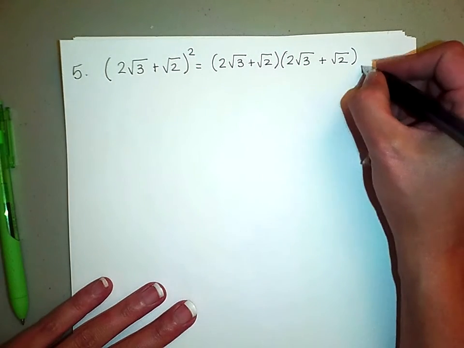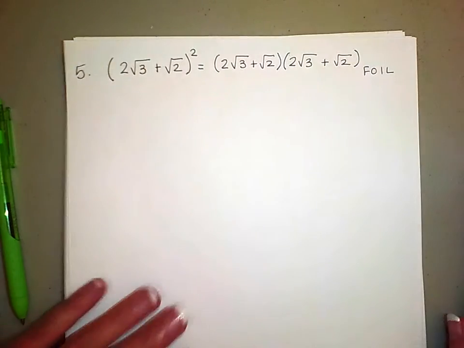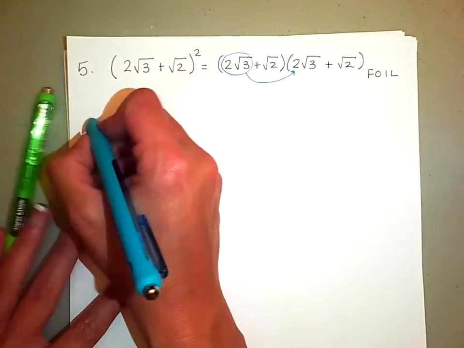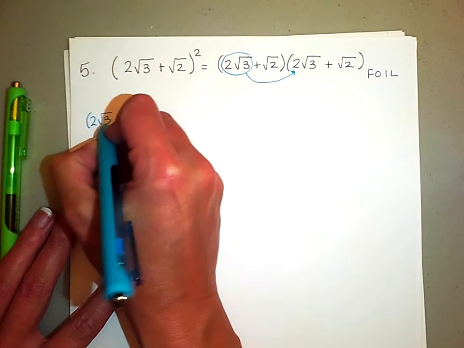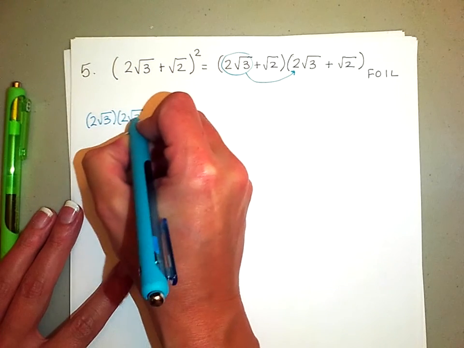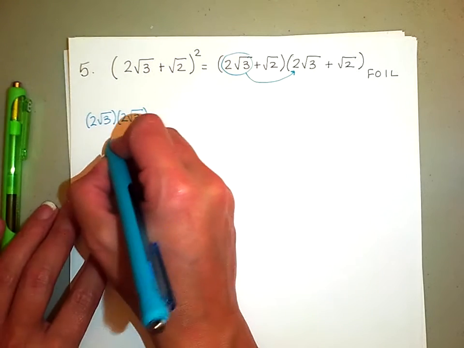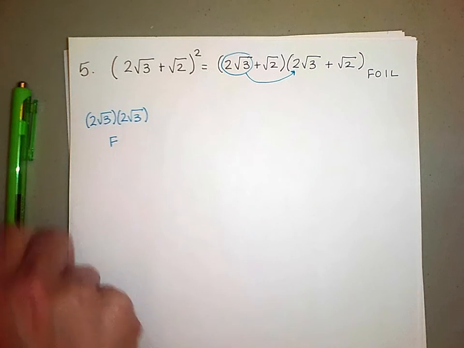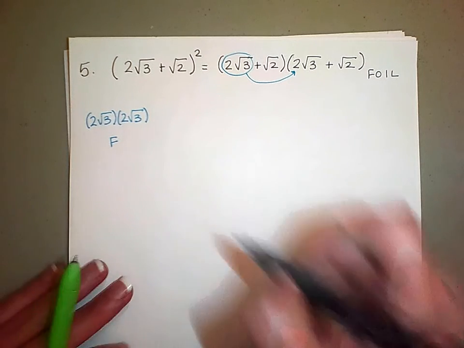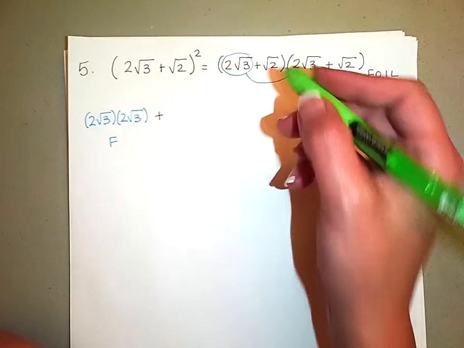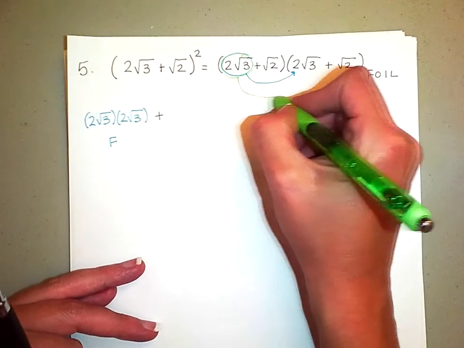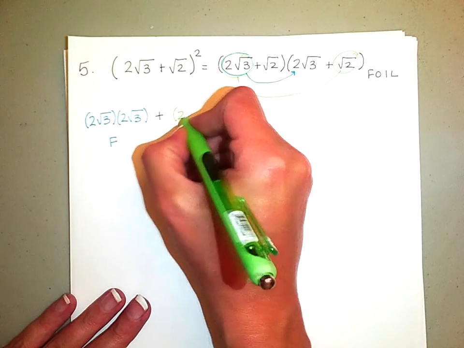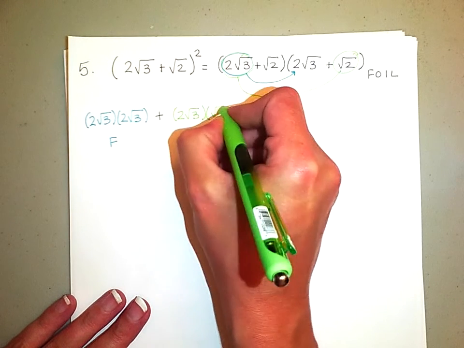Again, we'll need to distribute. We often talked about that as FOILing. So we'll need to take the first times the first, or 2 square roots of 3 times 2 square roots of 3. And I really encourage you to write these out and not do this in your head because there's a lot happening here. Okay. Then we will add the first and the last. Okay. So our outer terms. So that's 2 square roots of 3 times the square root of 2